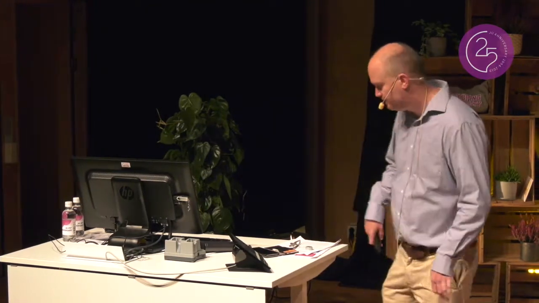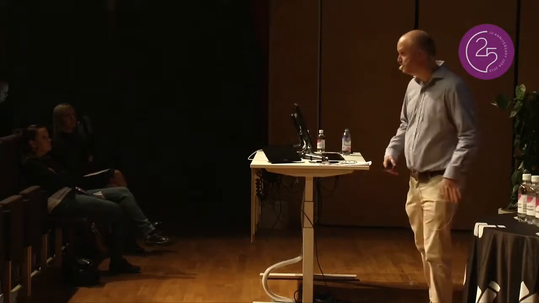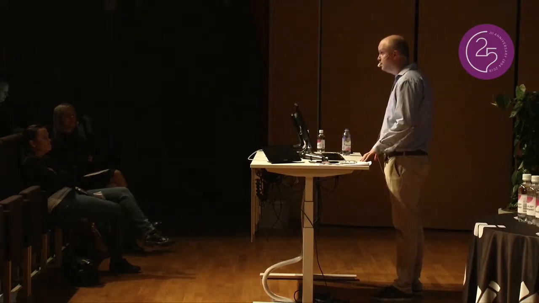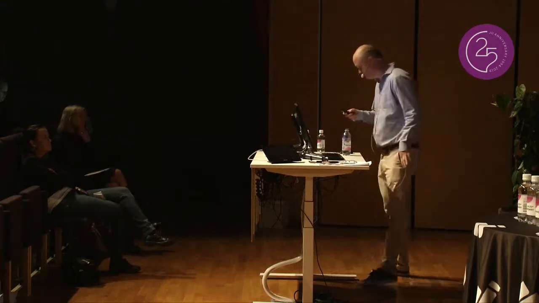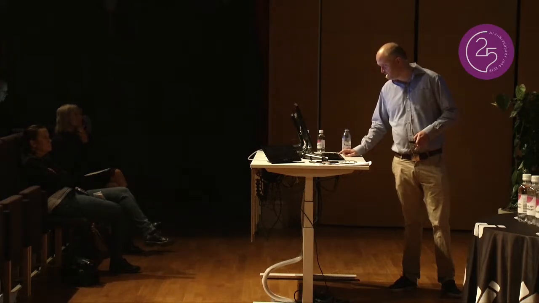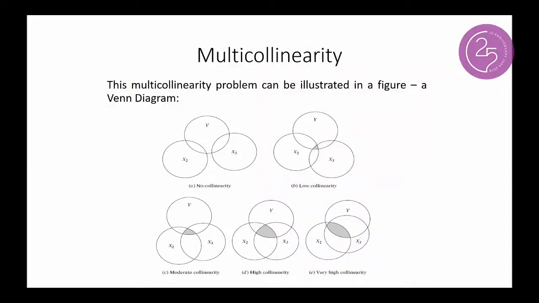So if we once again have the example where y is energy usage, x1 could be income, x2 is the size of the house, then usually people with a higher income live in a bigger house, and therefore they are correlated. And this leads to a multicollinearity issue, which was defined by Ragnar Frisch during the 30s. And to illustrate the multicollinearity issue, one can use Venn diagrams,